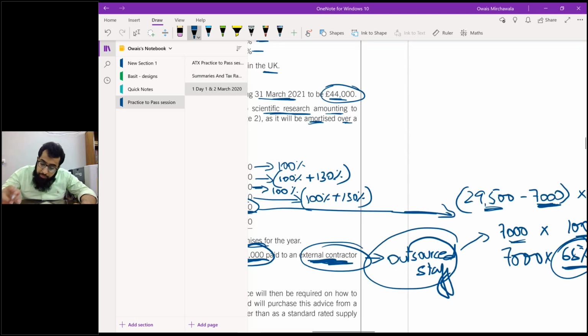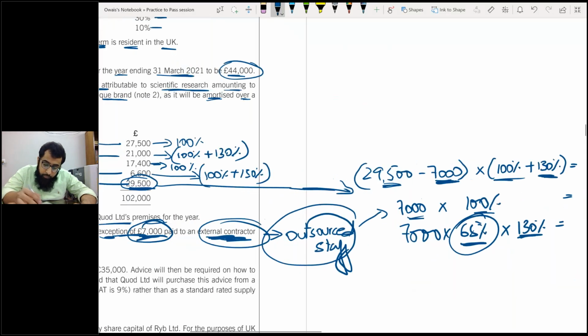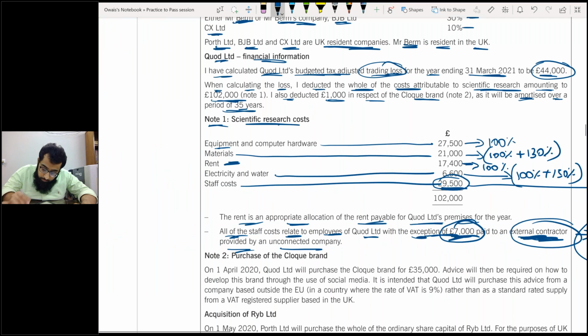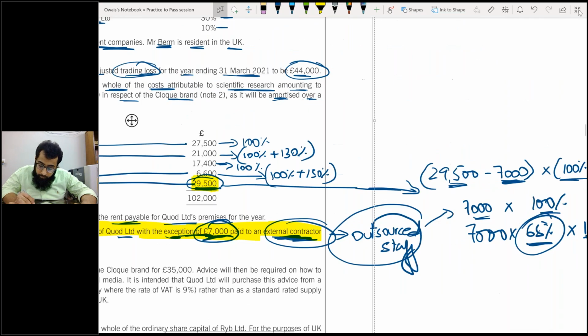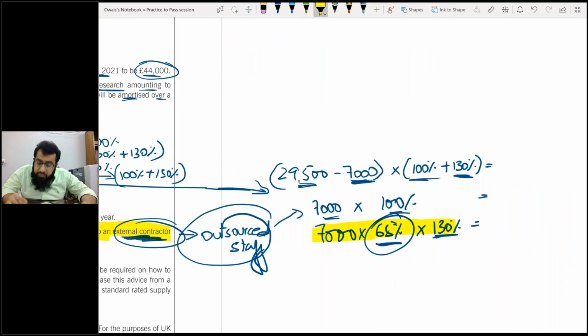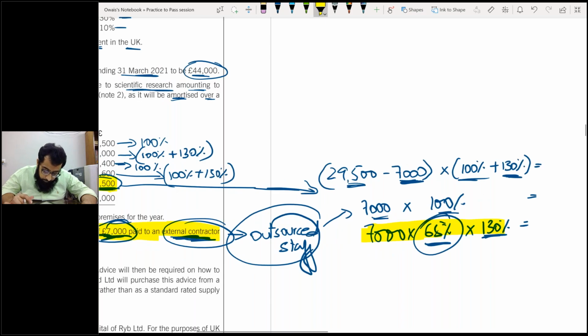Okay? So within this 29,500, 7,000 is outsourced. So on that 7,000 portion, only 65% will qualify for additional. Okay? Now,